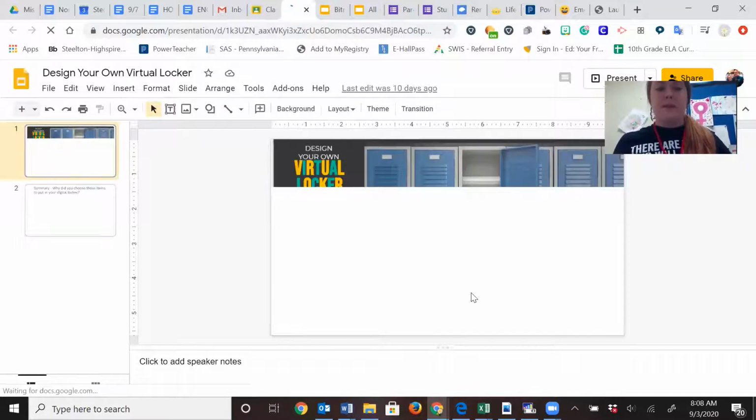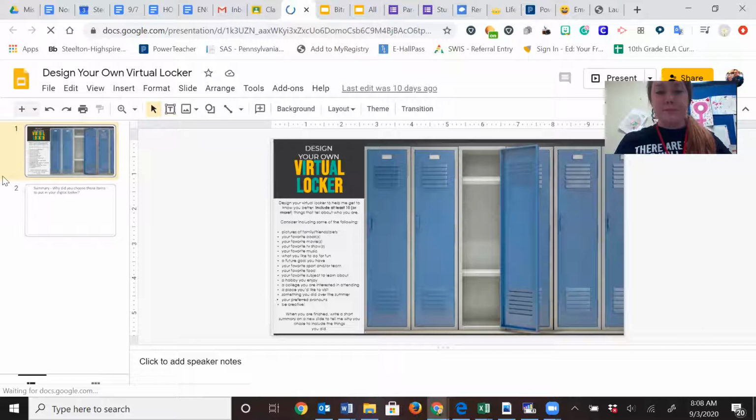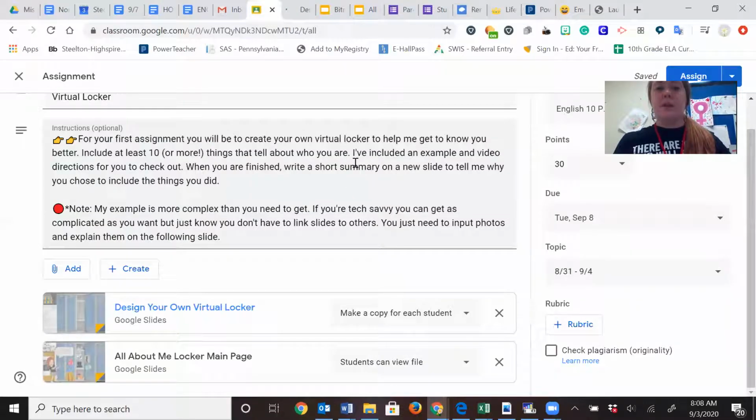Okay, and as you'll see, there's two slides here. There's directions on the side, but if you read the directions in Google Classroom, basically what you're doing is creating your own virtual locker to help me get to know you better. You're going to include at least 10 things that tell about who you are. I've included an example and a video of directions that you're watching. When you are finished, write a short summary on a new slide to tell me why you've chosen the things